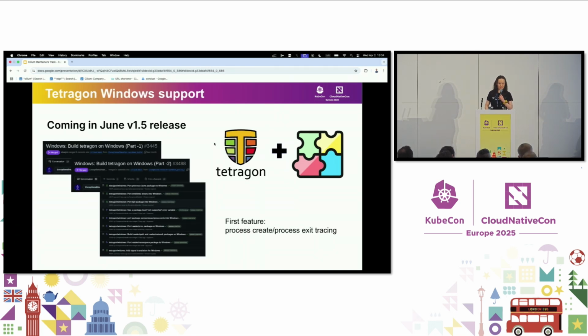I'm talking about it because Tetragon Windows support is also coming. So we are planning to release initial Tetragon Windows support in the June 1.5 release. This initial support will include process create and process exit tracing. So the core feature of Tetragon events for process execution, process create and process exit. From other features,